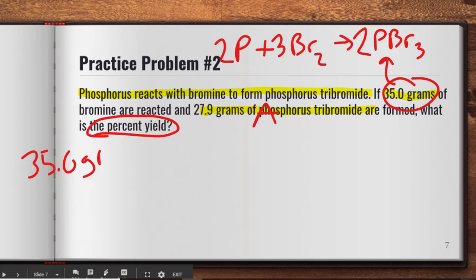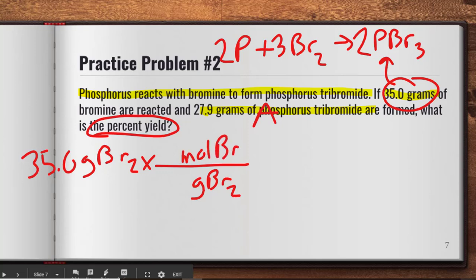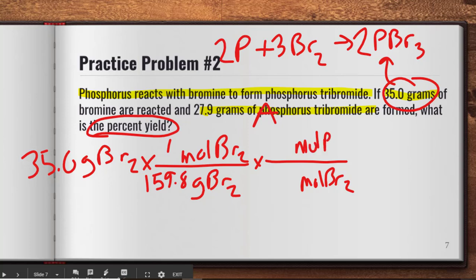35.0 grams of bromine. Remember, whatever unit's on top of the first step goes in the bottom of the next. And again, we're going to convert that to moles so that we can switch the chemical. Remember, it's Br2, so we need 2 bromines in our molar mass calculation. We're going from moles of Br2 to moles of PBr3. Again, use the coefficients of the balanced chemical equation. One more step. We go from moles